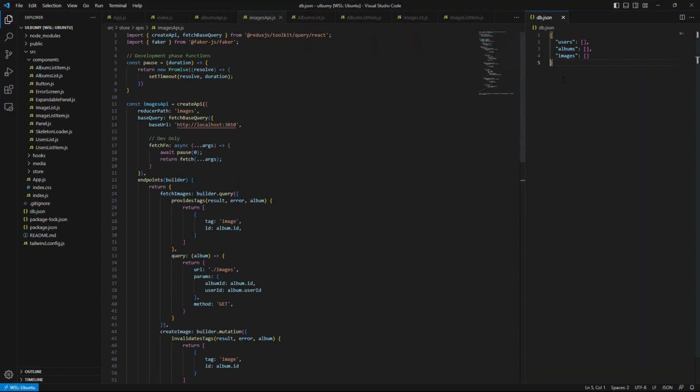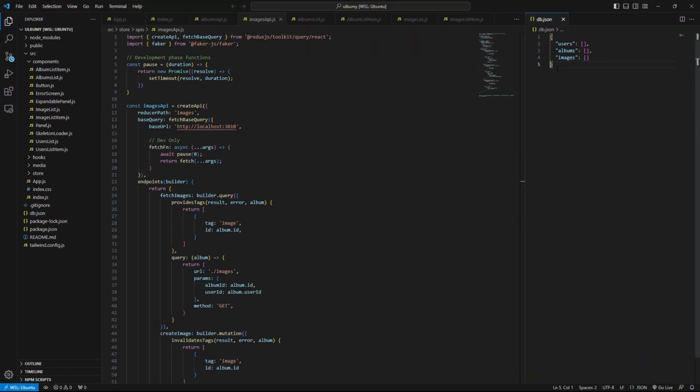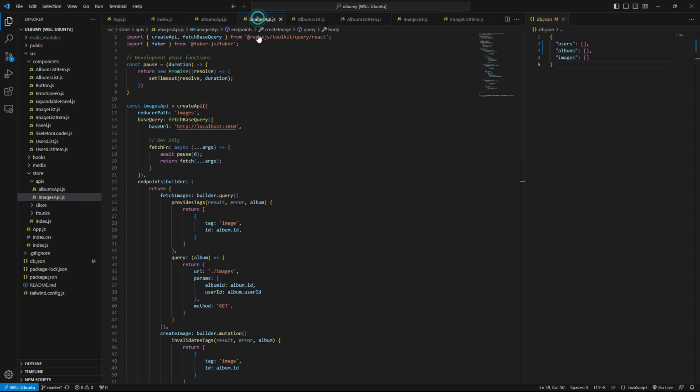I want to see here. So we have three things here: users, albums, and images. But we do not have anything nested here. Oh, actually, what I've done is we have created API here, which have a base query,